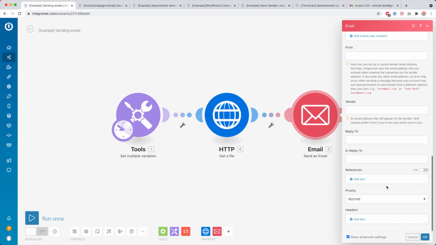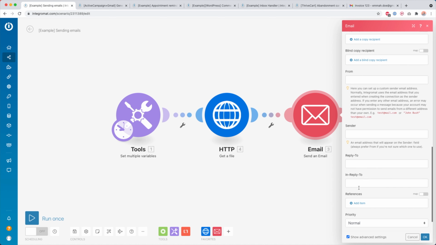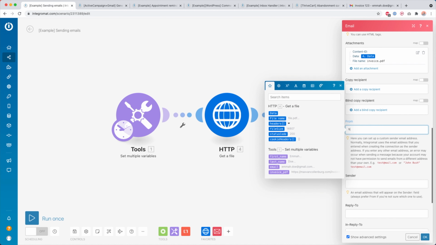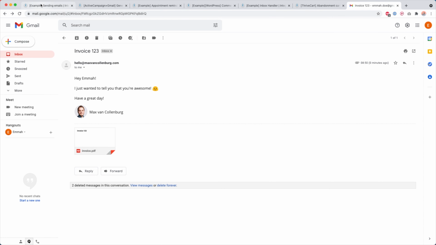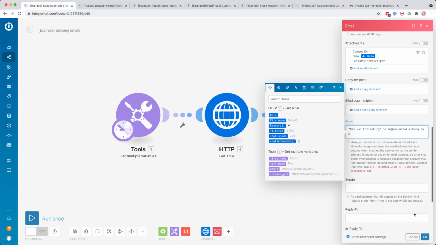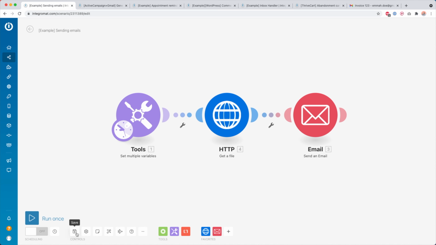So you can also take a look at those. You can, for example, also add a priority, references, reply to, in reply to. But we want to set the from over here. And then this text also, Danilo is going to explain it. But what you can do is you can either enter the email address you want to send it from, and then it's again just going to show it like this. But we can also add a name between quotation marks and then a space. So then it looks like this over here, right? Click here OK, click save.